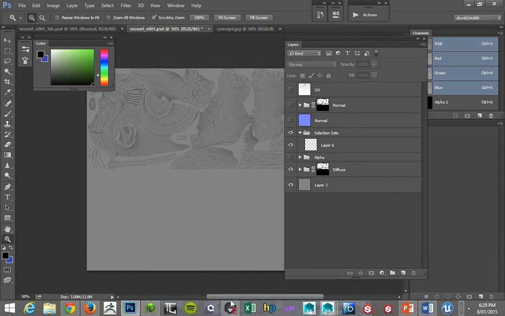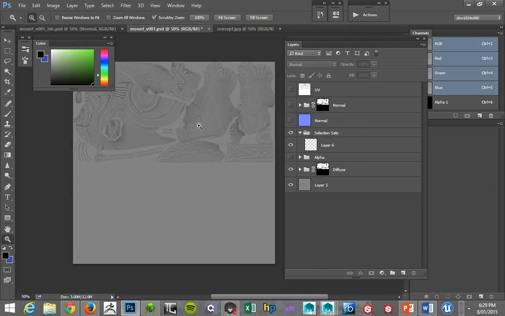I'll quickly jump back to Marmoset. So basically what we have now is we have our finished model, it's UV'd, it's baked, we have our normal map texture, and we have a very initial sort of diffuse texture we can look at and preview. So at this point, we have everything to look at it in 3D, and I'd like to get everything into Marmoset